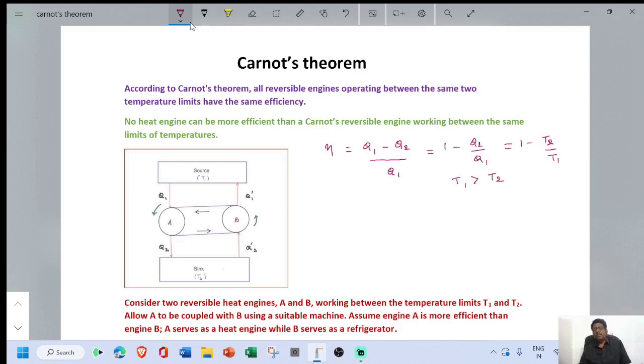See the efficiency formula. Eta depends upon the values of T1 and T2. Eta is independent of the nature of the working substance. So different engines specify different working substances. If you allow all the engines to work between the same two temperature limits T1 and T2, they will have the same efficiency. This is called Carnot's theorem. To prove this,